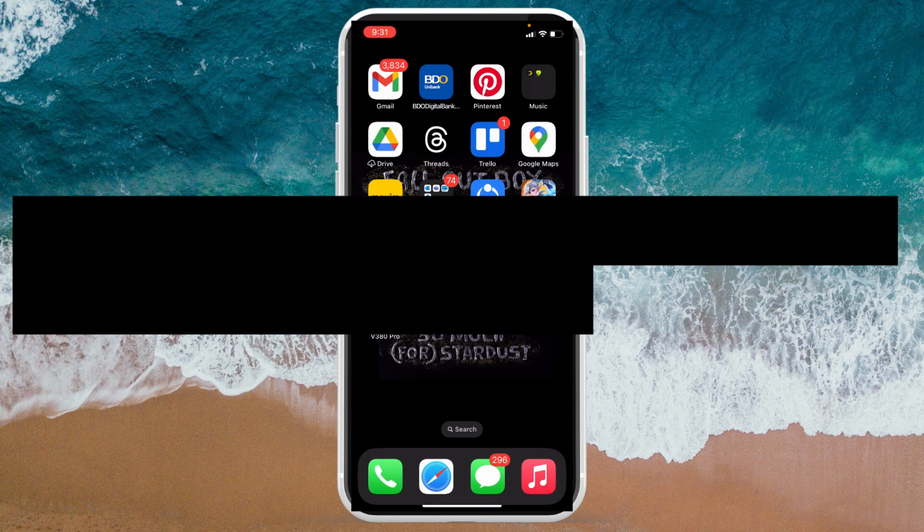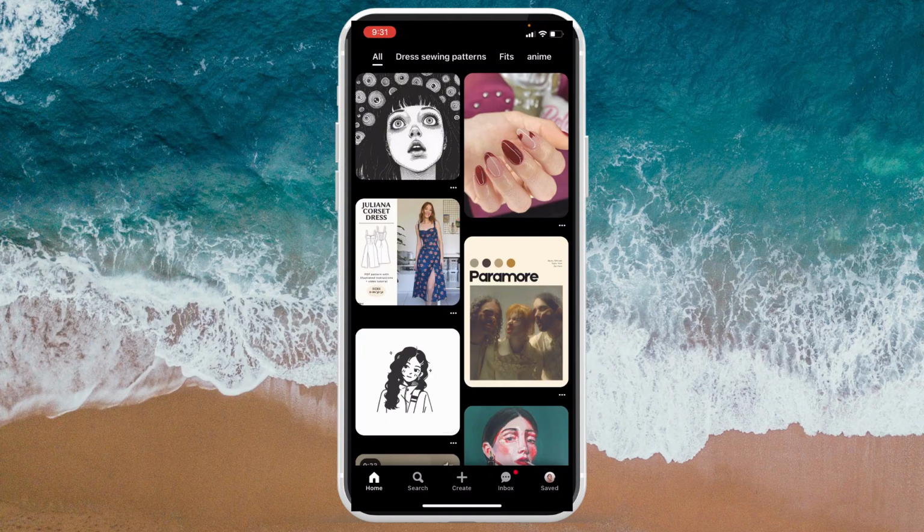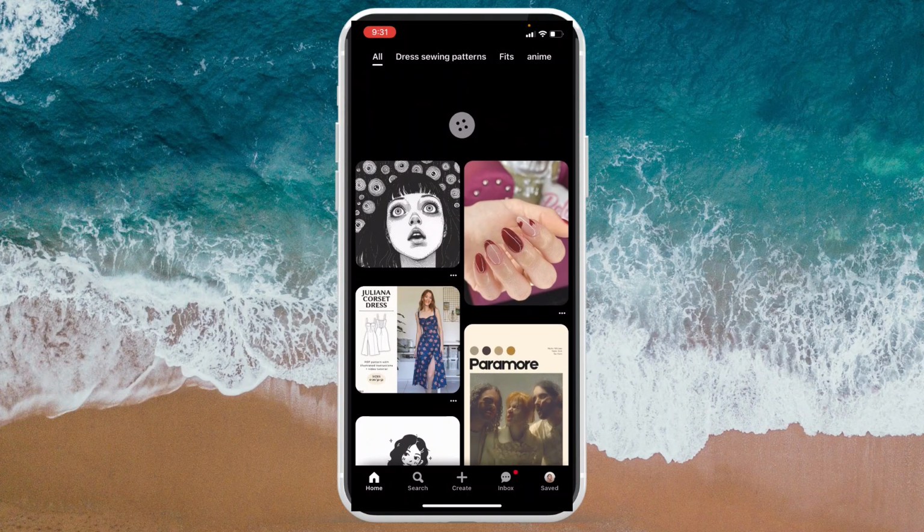In today's video, we'll learn how to delete Pinterest history on mobile for iOS and Android updated version. So the first thing that we need to do is to head on Pinterest app. This works on both iOS devices and Android devices. As you can see, I'm currently on my Pinterest feed already, and to go ahead and delete the history,